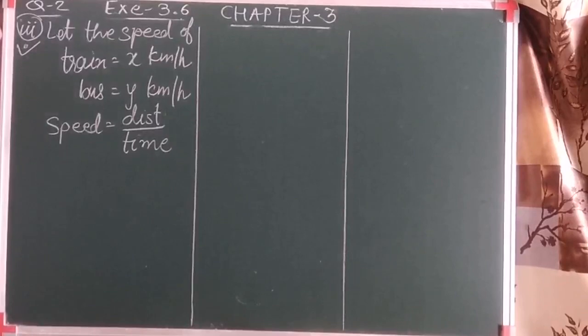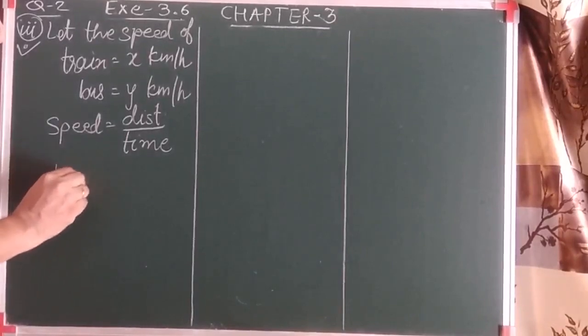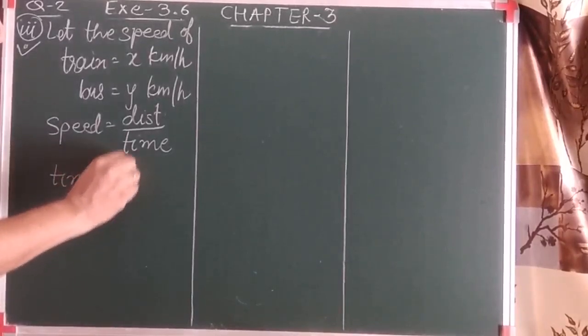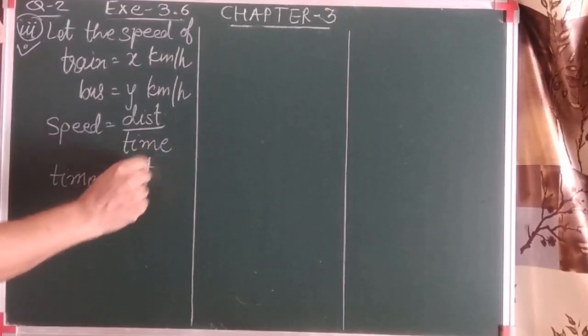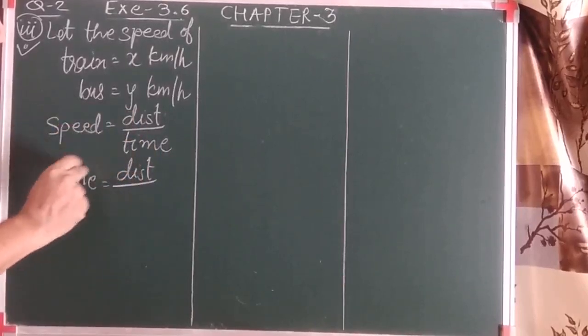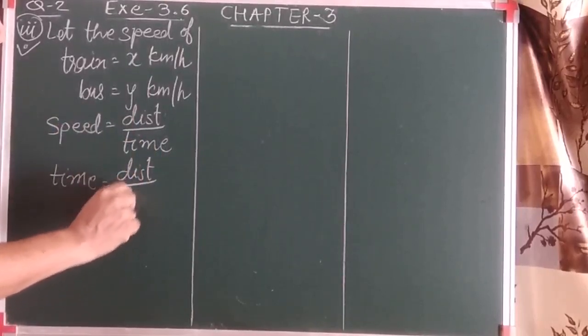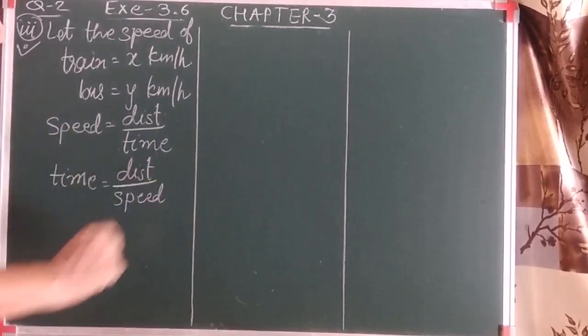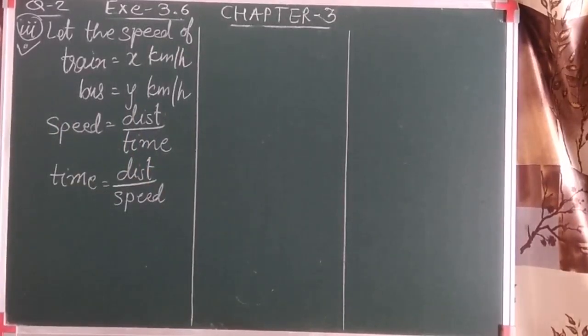As in this question, first she traveled partly by bus and partly by train. So the total time taken is 4 hours. So we'll make time the subject. Remember this, students, as the comparison is of time. So if I make time the subject, time is equal to distance upon speed. We should remember this. This is how the equation is formed.